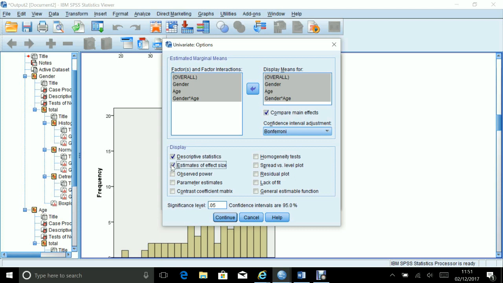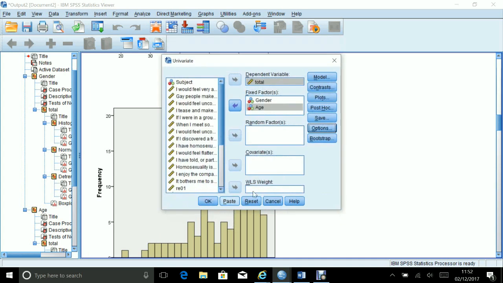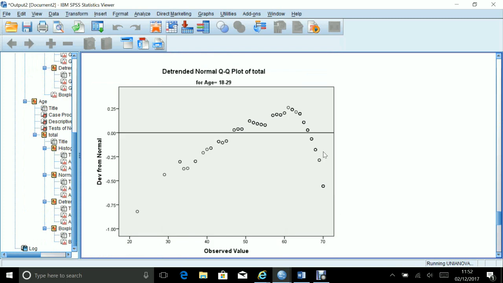Estimates of effect size will give us the partial eta squared, which tells us the proportion of variance that effect produces. We're also going to click on homogeneity test because that will produce the Levene's table. The Levene's table assesses whether our data meet or violate the assumption of homogeneity of variance. Click on continue, and I think we're good to go now, so we click on OK and move to the